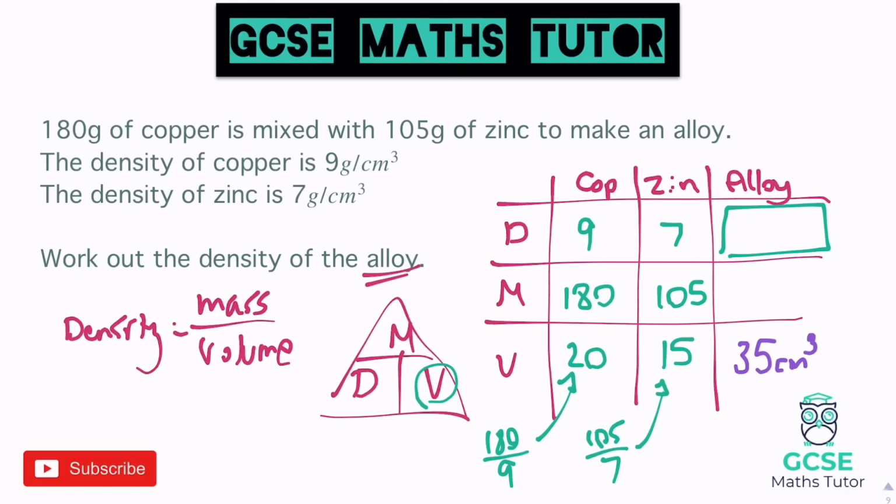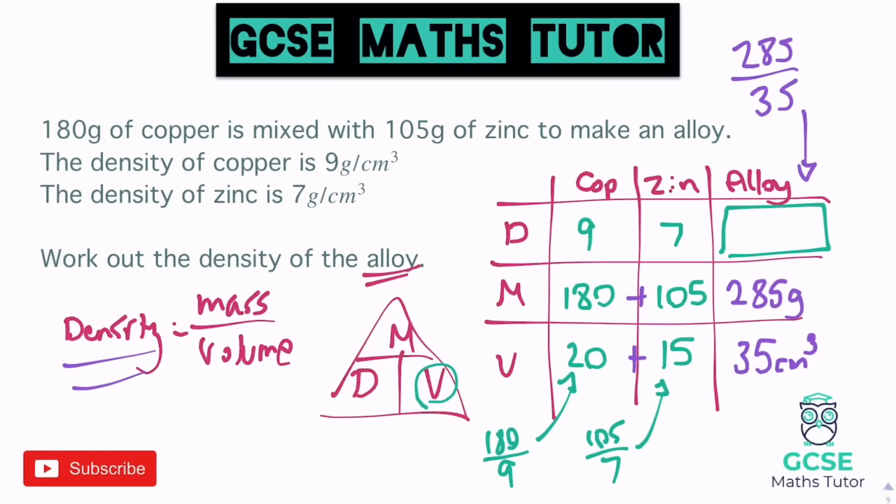And we can add masses together as well. We can do 180 plus 105, which is 285 grams. And then we can finish this question off. It wants the density. Remembering density is mass over volume, so 285 divided by the volume, which is 35, and 285 divided by 35 gives us not a very nice number here,